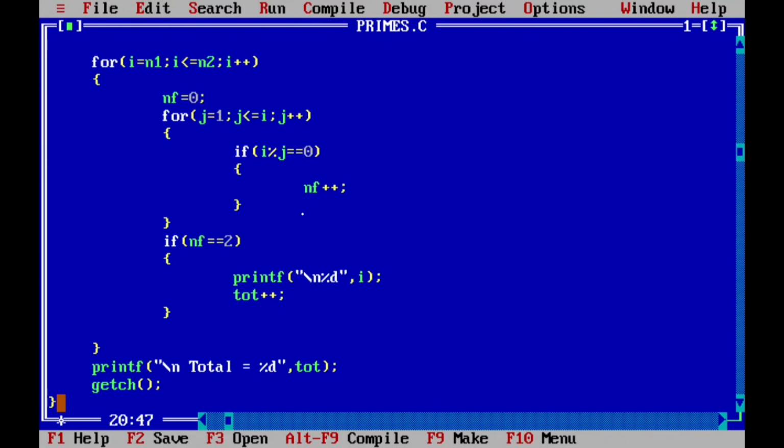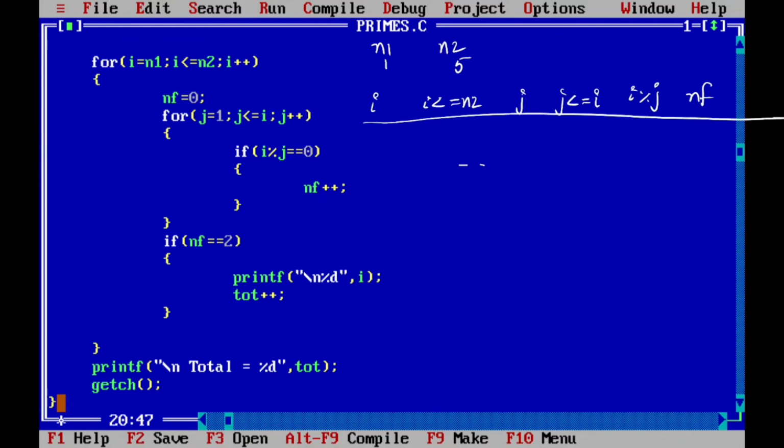Now see dry run for this particular program. Initially N1 and N2. Here N1 value is 1 and N2 value is 5. Then here I value and I is less than or equal to N2, and next J value and J is less than or equal to I, then I modulo J, NF.